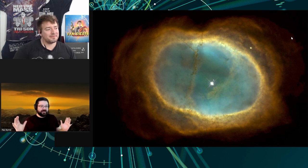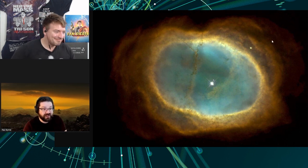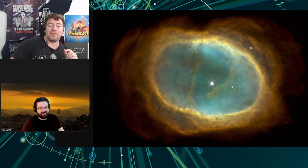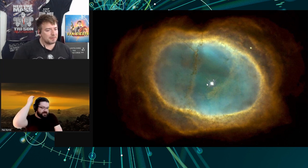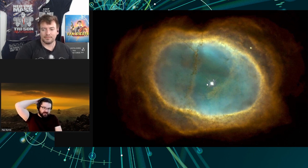Again, backing away from the science and just aesthetically, I just think it's really pretty. Yeah. So here's a picture from Hubble. Do you want to tell us what a planetary nebula is, just so people understand what we're seeing in this? Yeah, right. So the idea basically here is that we think this is a star that is